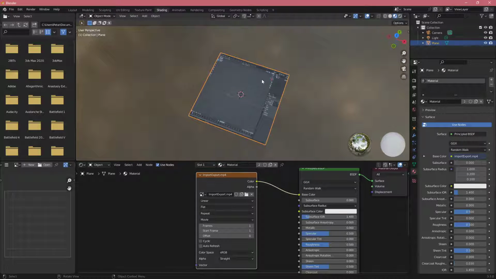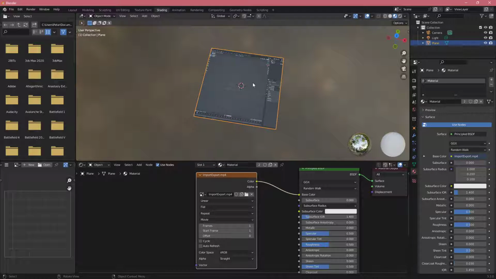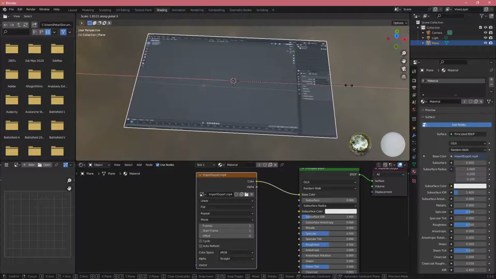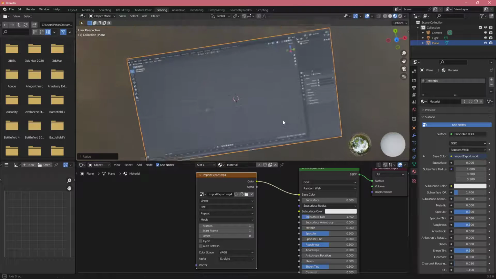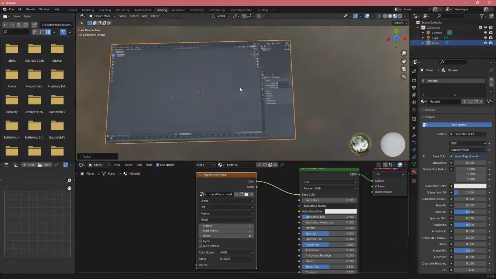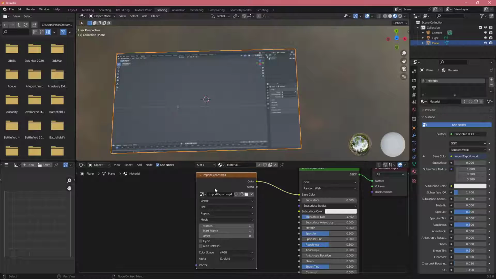We can see it now on this cube or on this square, I guess. So let's click S and then X and just scale it so it looks more similar to my monitor, so we can have it nicely stretched. And now let's see some options that we have for this texture. So we just change it to an MP4 and it is a movie, so it automatically changed this property